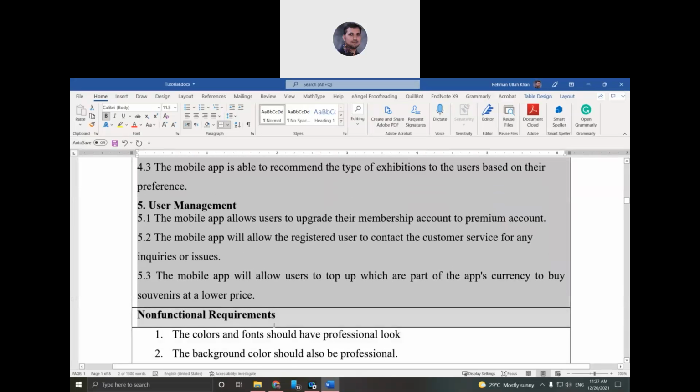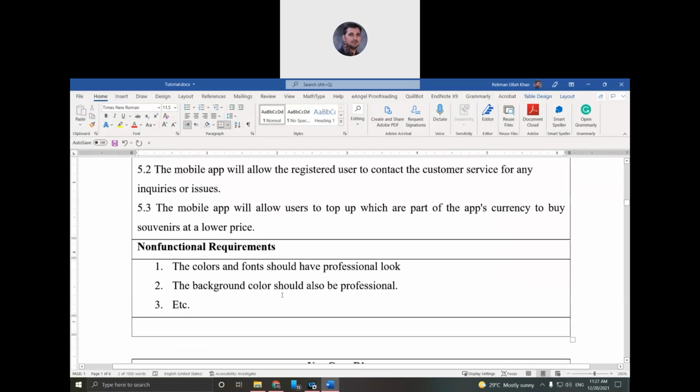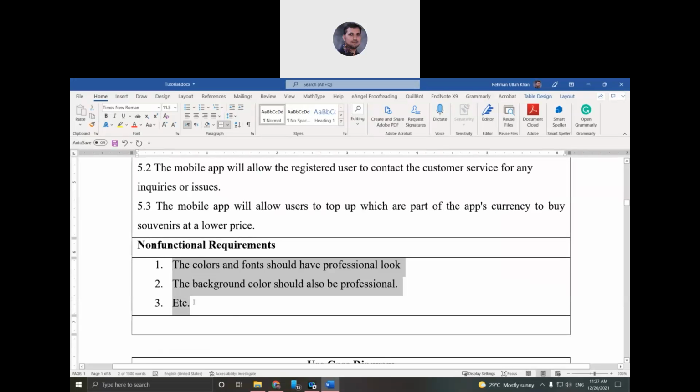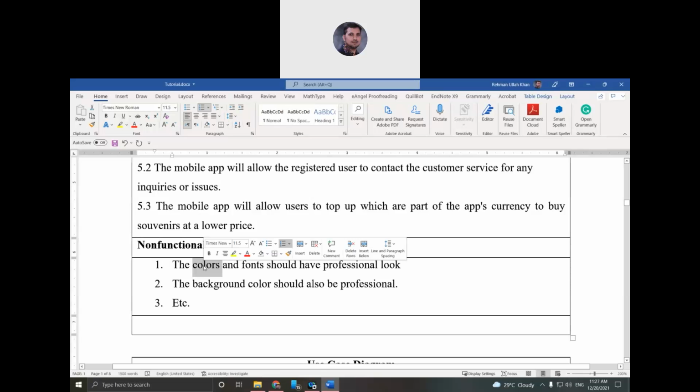Okay, the non-functional requirements are requirements that are not actually functionality. For example, the color and the font should have a professional look. The color and font by themselves are not a functional thing, but they add value to the project.